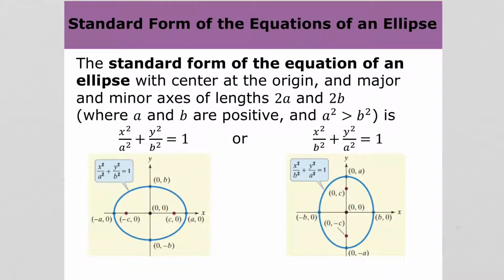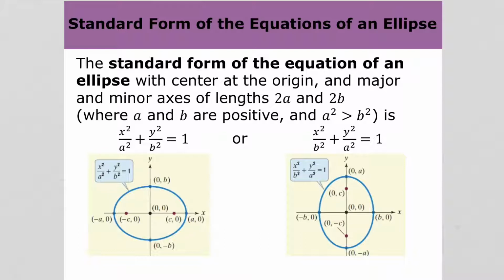So if your ellipse is centered at the origin, then you don't have to worry about h and k. You just have x squared and y squared. Now, what's the difference between, in this case, a squared is below the x, and here a squared is below the y? In terms of an ellipse, the a will always be the bigger number, the bigger distance, and it will always go